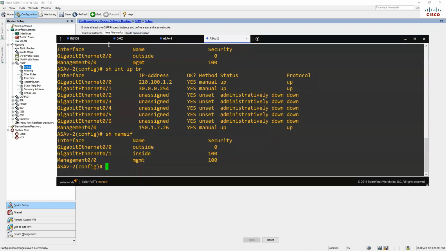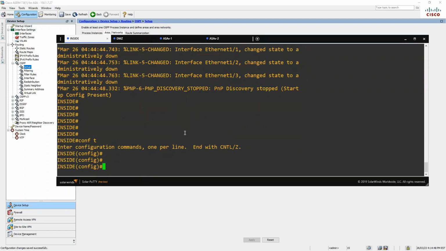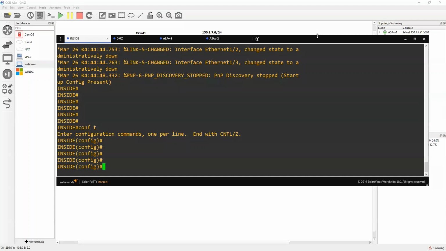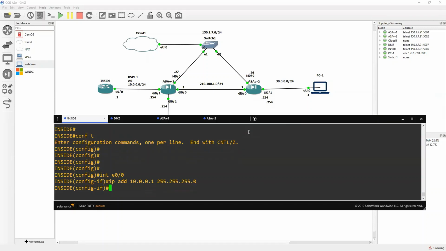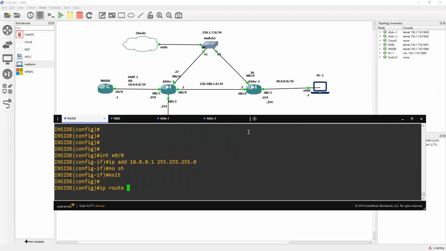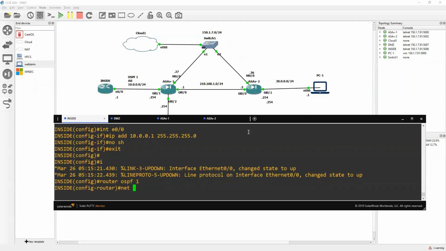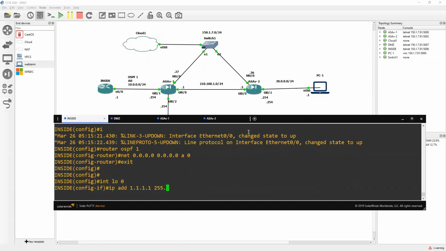If I come back here to the inside, the inside network is not being created. So I will say config t. Let's go back to the topology and configure the inside. Interface E0/0, IP address will be 10.0.0.1. Now I will say router ospf 1, network will be 10.0.0.0 and area will be 0. Exit, and I will create one loopback. IP address will be 1.1.1.1